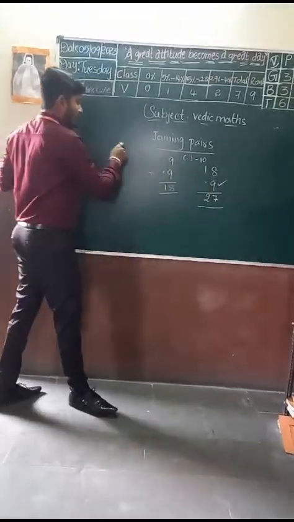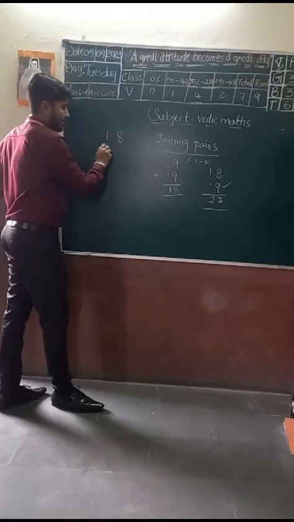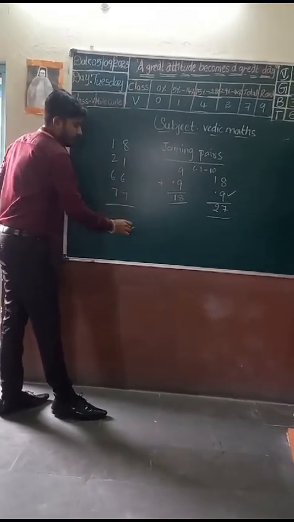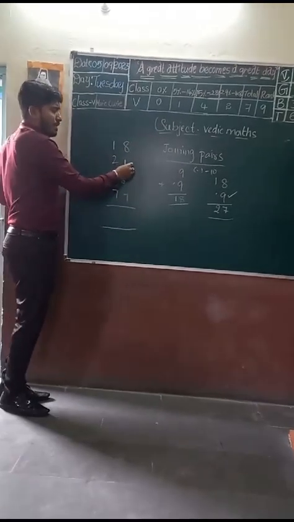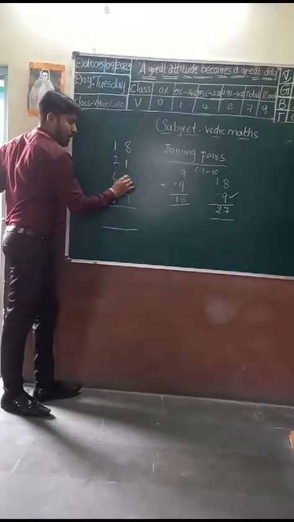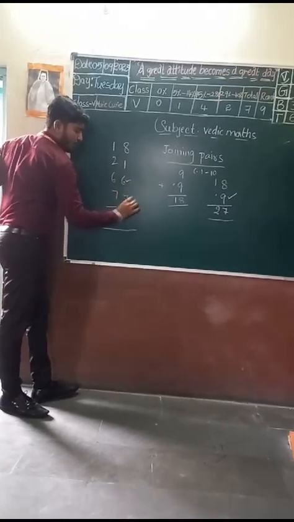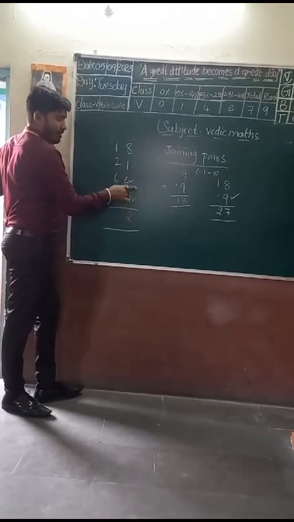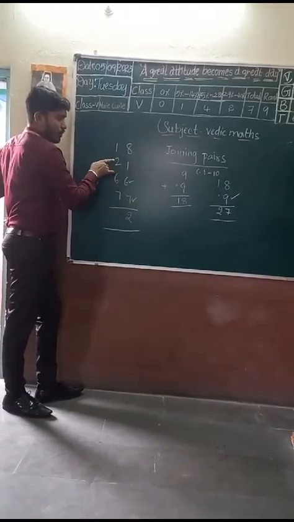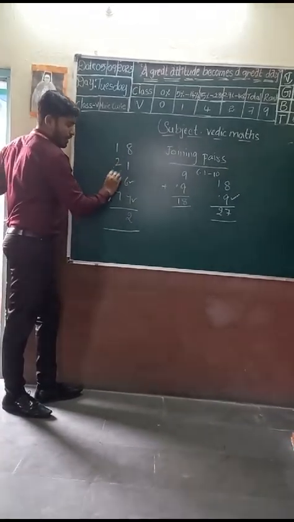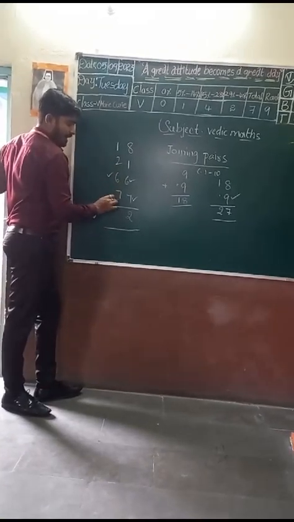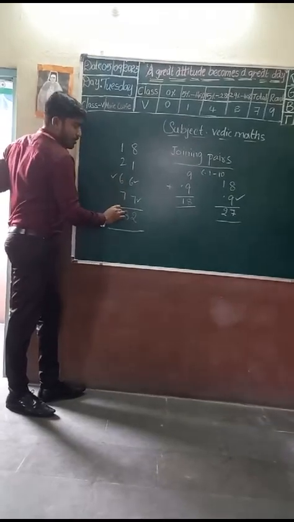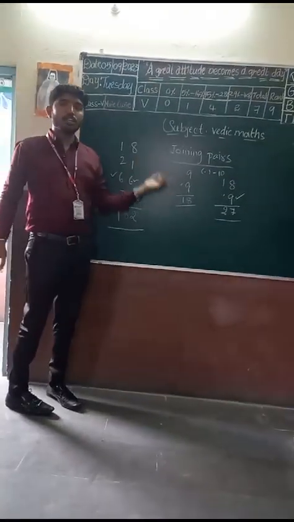So now I am using 3 numbers: 18, 21, 66, 77. Now 8 plus 1 is 9, 9 plus 6 is dot 5, 5 plus 7 is dot 2. So these 2 dots you have to add. 1, 2, 3, 4, 5, 5 plus 6 dot 11, 1 plus 7, 8. So 8. How many dots here? How many rights here? 1. So 1. We can easily disjoin the pairs.